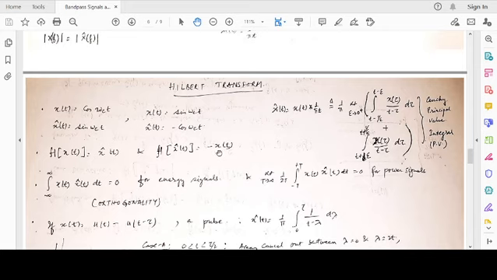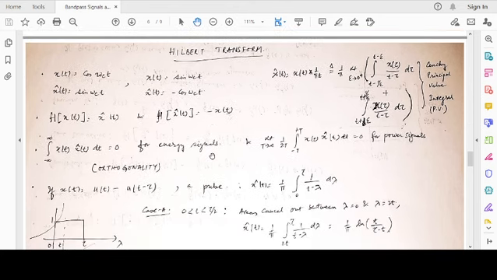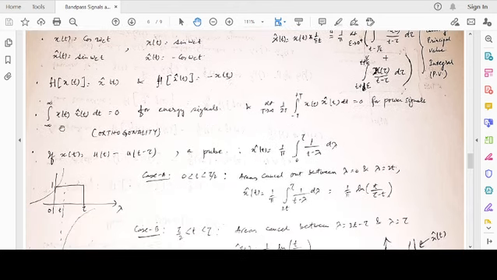It makes sense: a 90-degree phase shift here, another 90-degree phase shift, you get minus. If you take it 4 times, you end up with 270, and then 360 degrees, you get back the original signal. Okay, good. Another very important property is that x(t) and x cap t are orthogonal over the whole range of